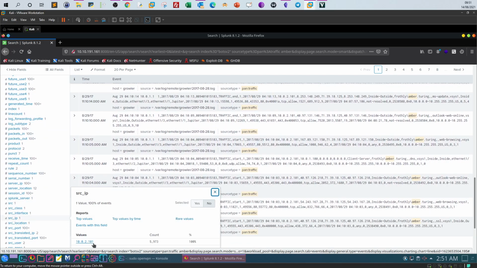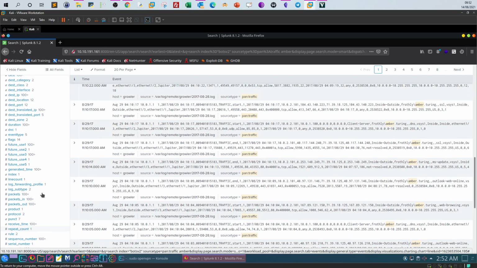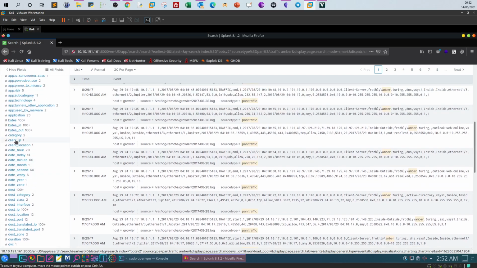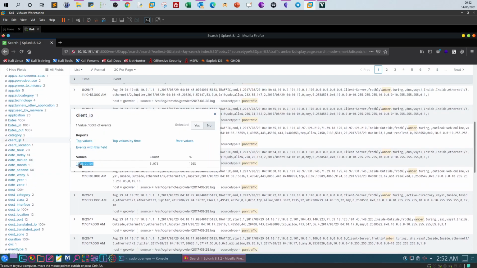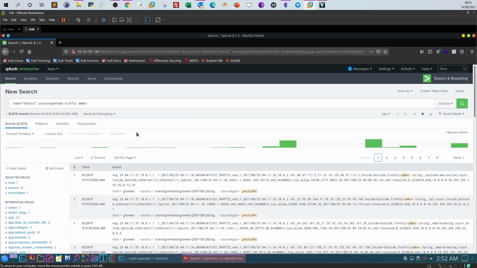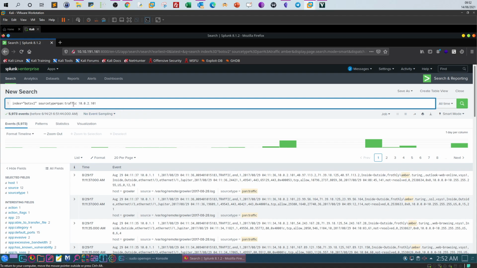Source IP, we got 1, as you can see. Let's take a look at the client IP. Client IP is also the same, which means this is her IP address. Now we grab the IP address and go back to the query, replace Amper with the IP address, replace the